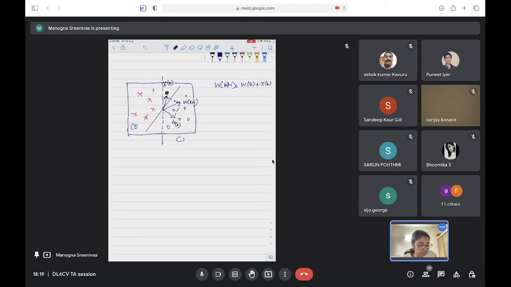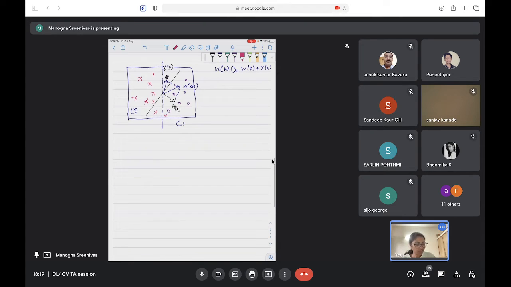But just because I corrected this sample does not mean that all samples are correctly classified. So there could be some other sample, say I have a sample somewhere here, then it might misclassify a sample from the other class as well when I shift it. So at every step I try to correct its weight, but